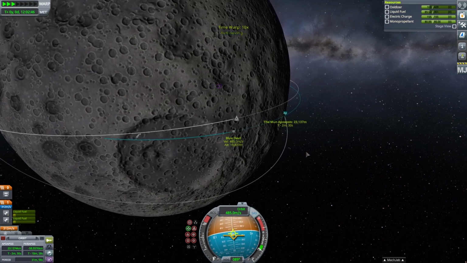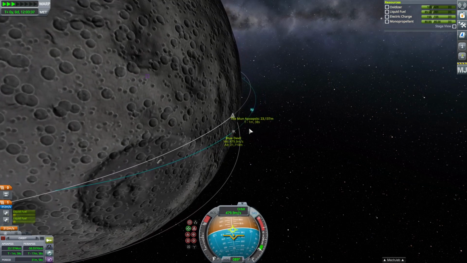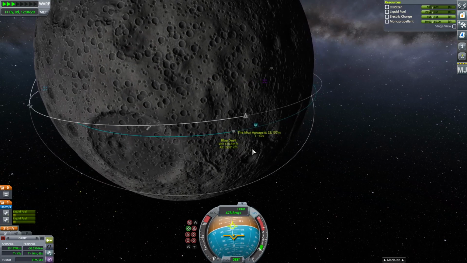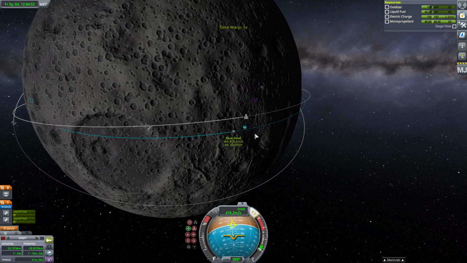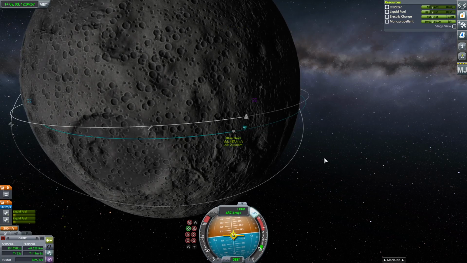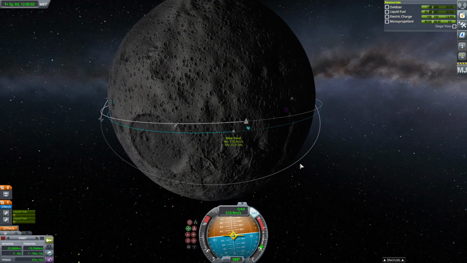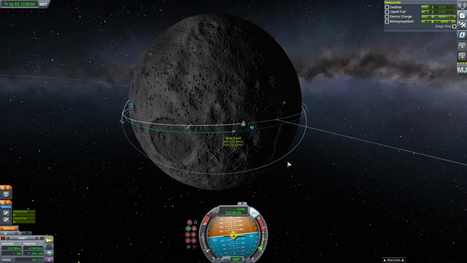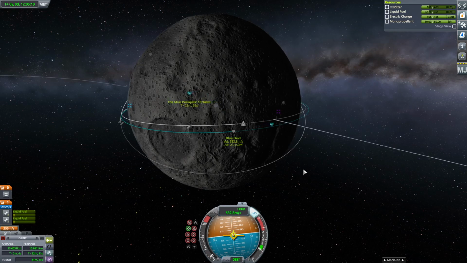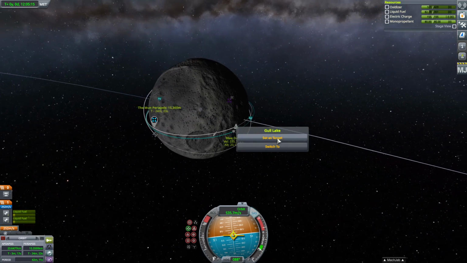Apogee kind of falling away from us here just because we are making our orbit a little higher, further away. And we just got a periapsis from coming up from the surface of the moon. We kind of want to match Gull Lake's